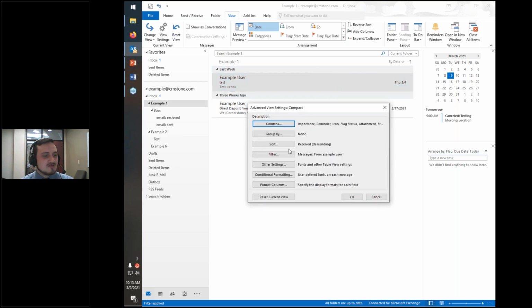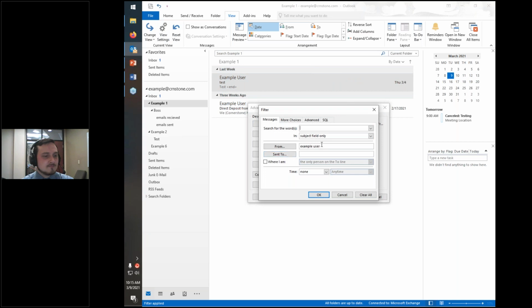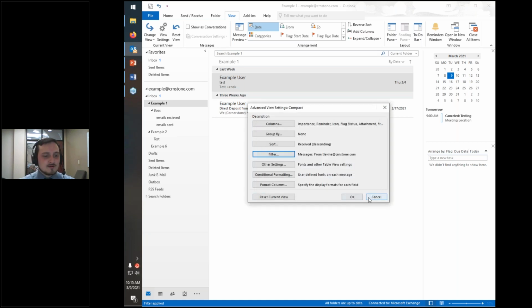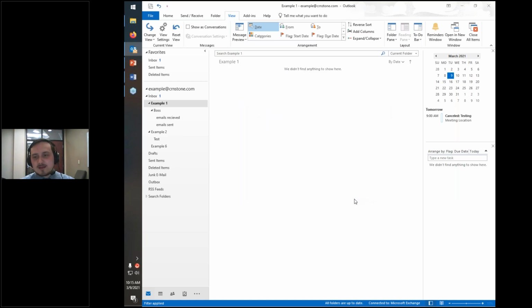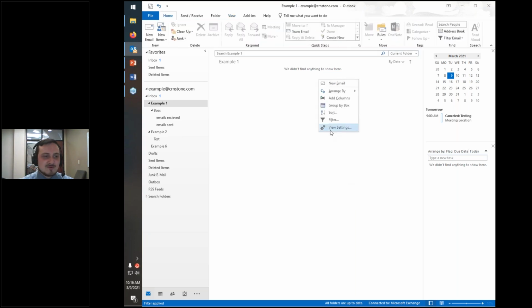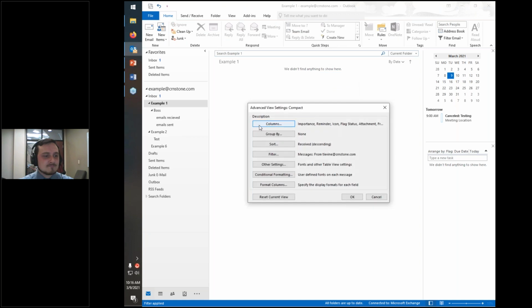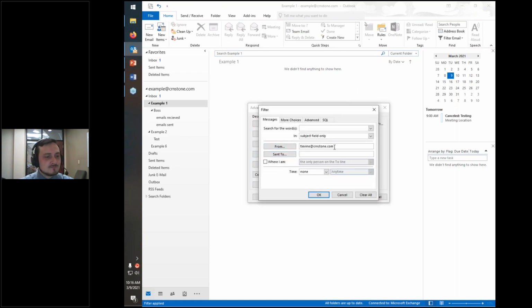If I wanted to change that again, go to the filter. I'm going to search from delavina@crnstone.com. Okay, okay again. And now, as you can see, it doesn't show any emails. I don't really think that's very useful because you can just use the search bar anyway. So turning off that filter,